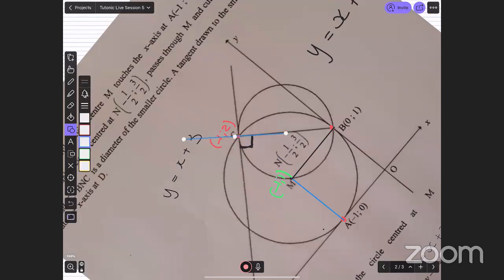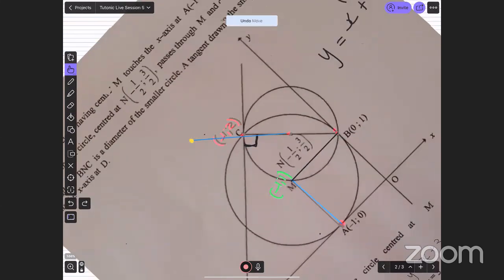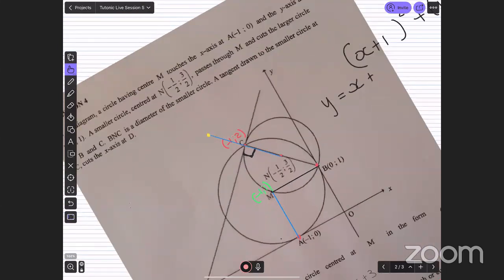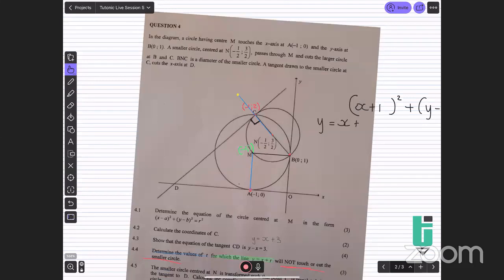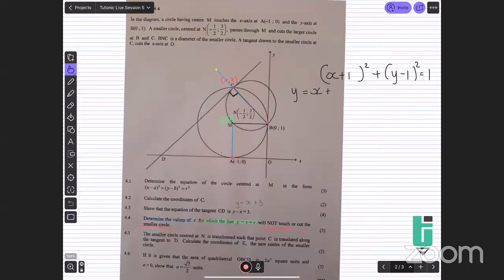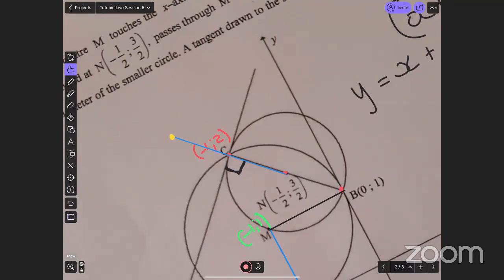Do you guys see that? The new center is going to be here. They're translating about the tangent. Do you guys see that? So how could we work out